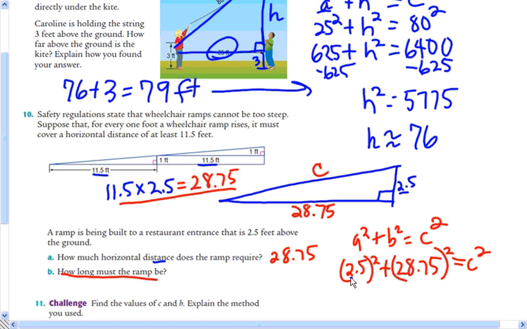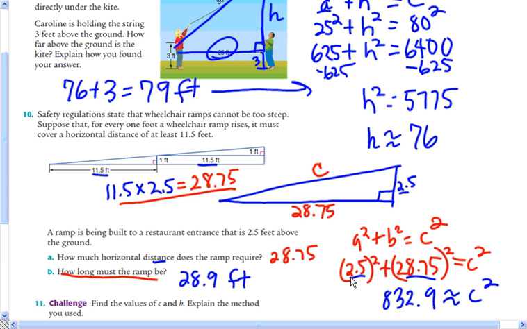And if I square this and add them together, I get 832, let's just say 0.9. Then to find c, I need to do the square root of 832.9, which is about 28.9 feet. One thing you should do when you're doing these problems is check your answer and make sure it